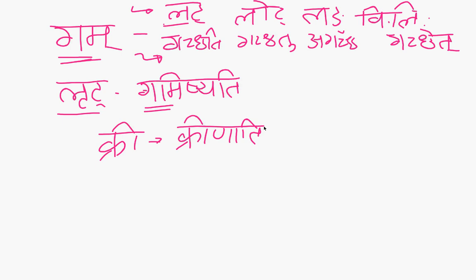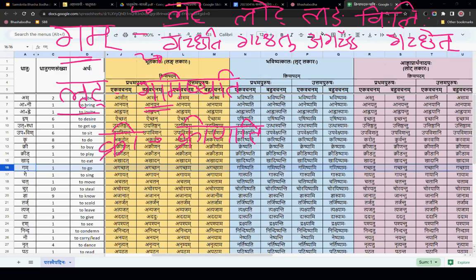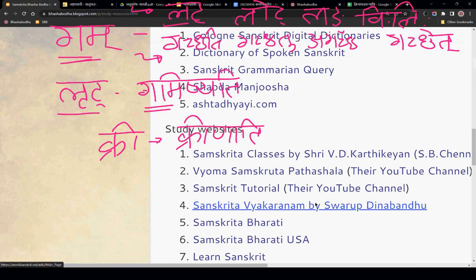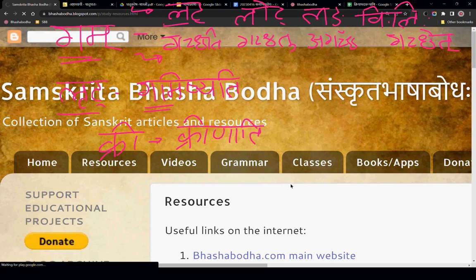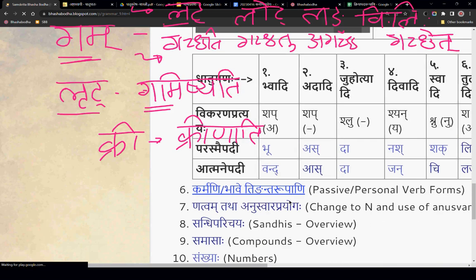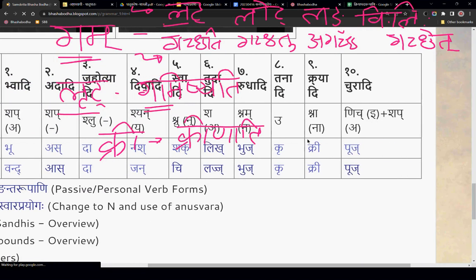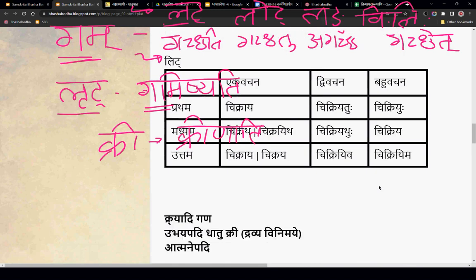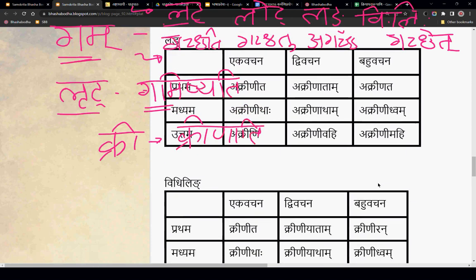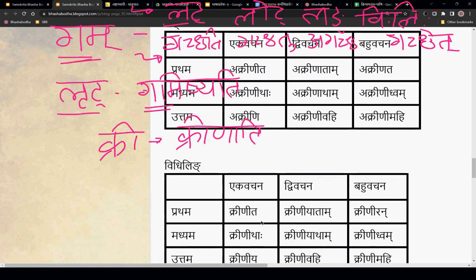So vidhiling in Atmanepadi form is krinita, it is not krinit.